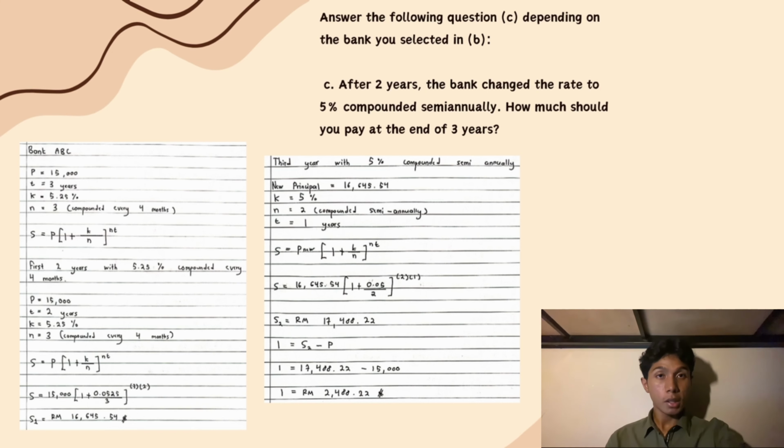16,645.55. For the third year, the bank changes the interest rate to 5%, compounded semi-annually. By using the same formula with a new compounding frequency of n equals to 2, the loan grows to 17,466.22. By the end of the third year, the total interest charge over 3 years is